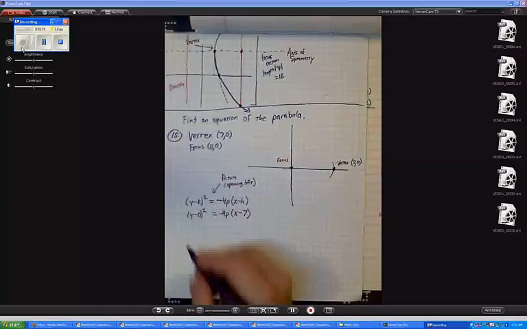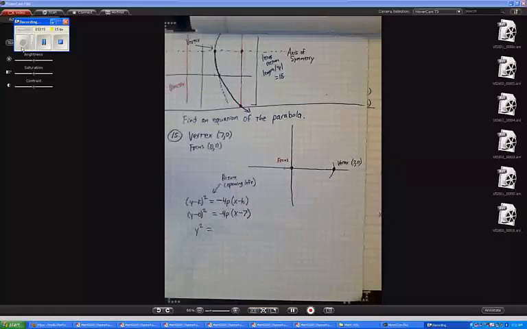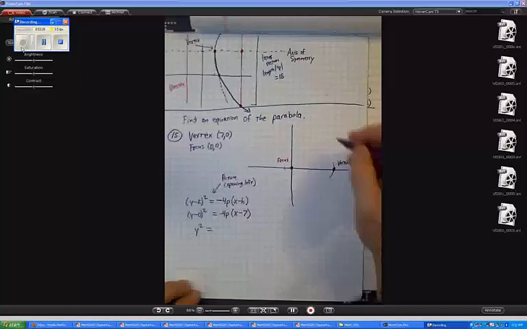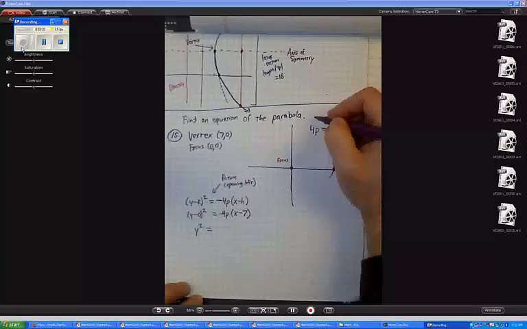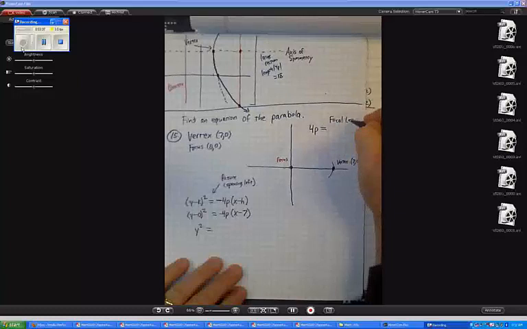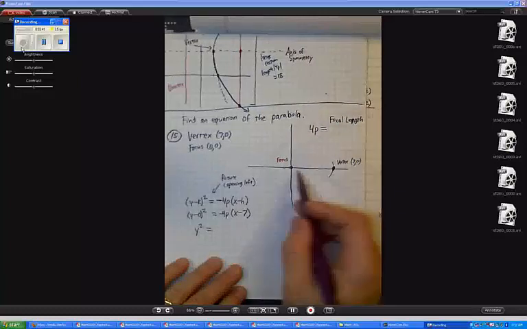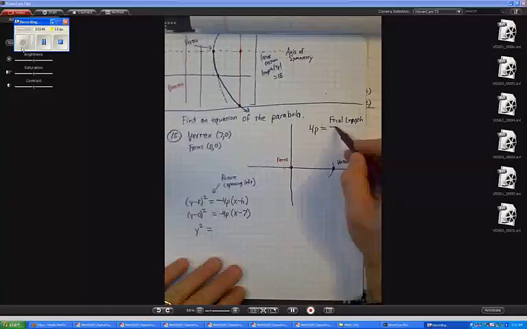So I'm going to get y squared equals, really there's only one thing left to fill in, and what is it? p. Now how are we going to get that? Well, I know that 4 times p has to equal what? Well, the focal length, in other words, the length from the focus to the vertex. So 4p equals what in this problem? 7. So p is equal to